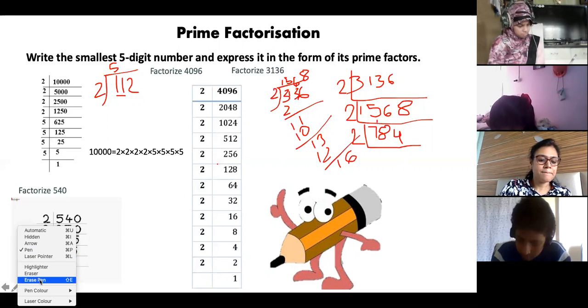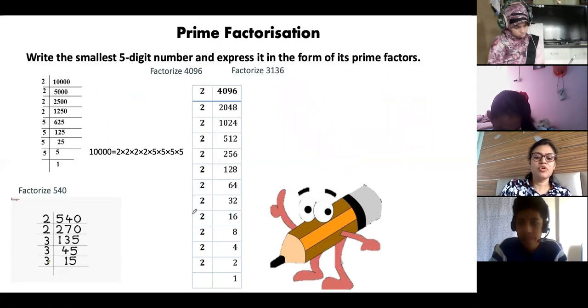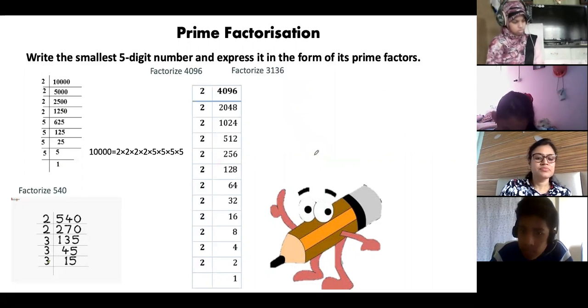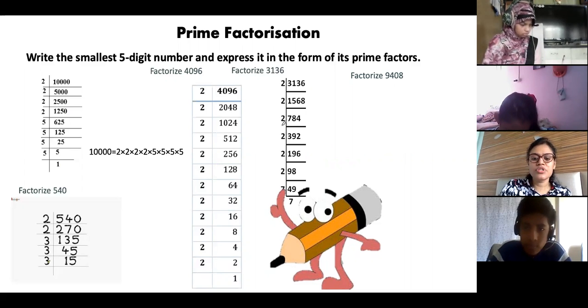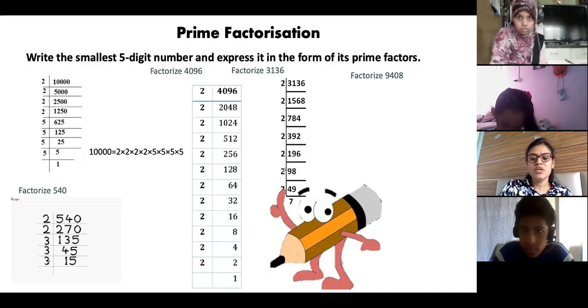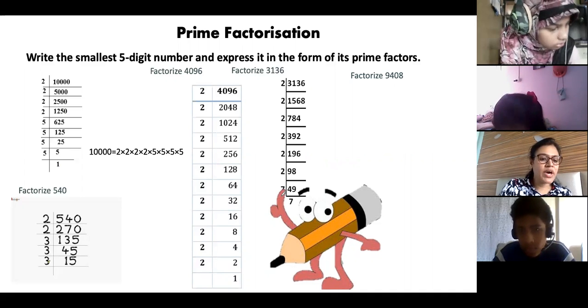Ali, read. Go ahead. Abdullah, ma'am, I'll tell. Speaking. 2 raised to 6 into 7 square. Ma'am said we'll give a chance. I got 2 raised to 5, 6. 2 raised to 6 and 7 square into 7 square.